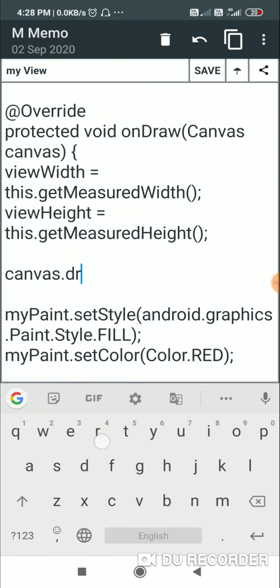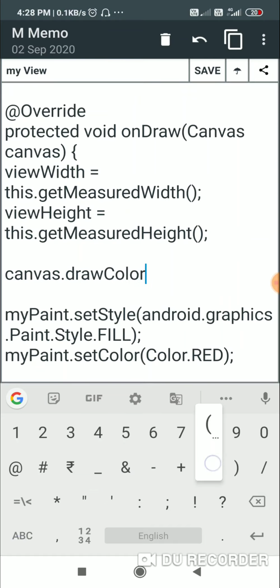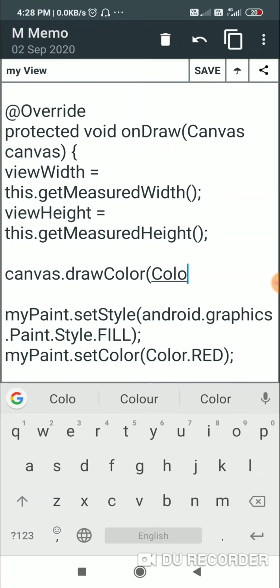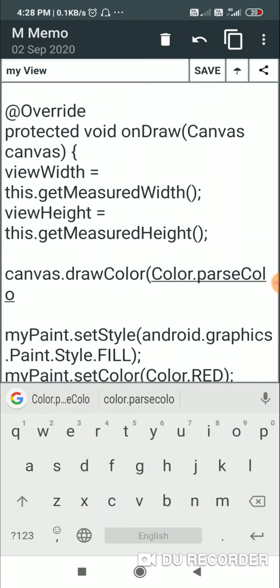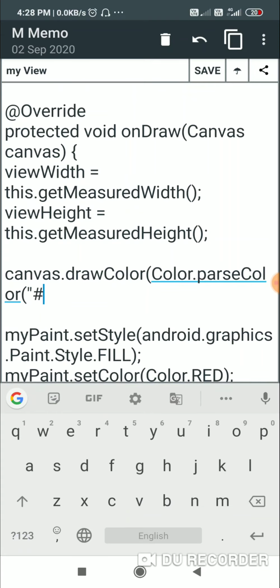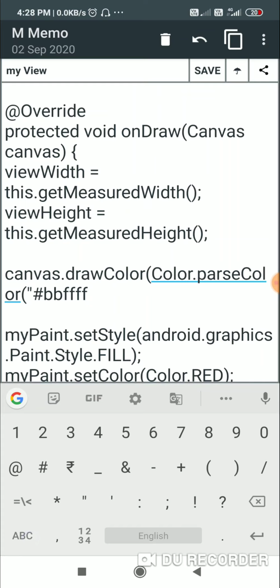So here I write canvas.drawColor, and here I will use Color.parseColor, and inside this I can write hash BBFFFF.